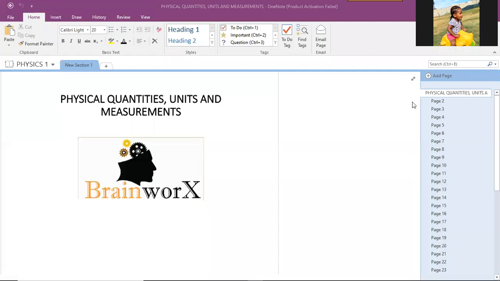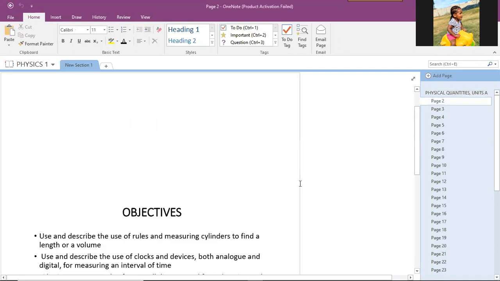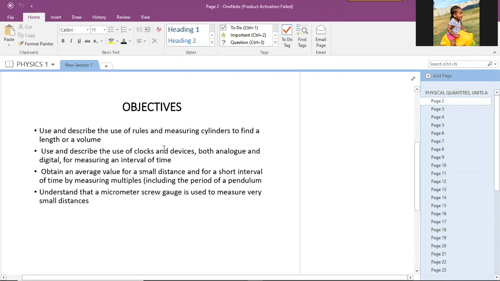Let me start recording. So the first topic that we're going to do in physics is we have to define what are physical quantities, what are units, and what are some of the things that we can use to measure those physical quantities. Because physics is all about a science of dimensional analysis. So these are the objectives that we're going to have to